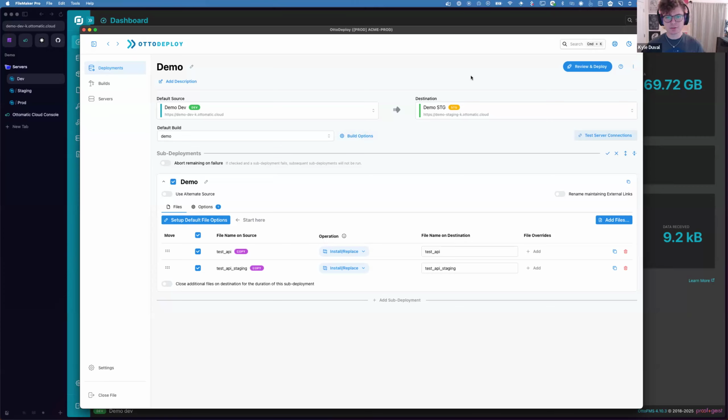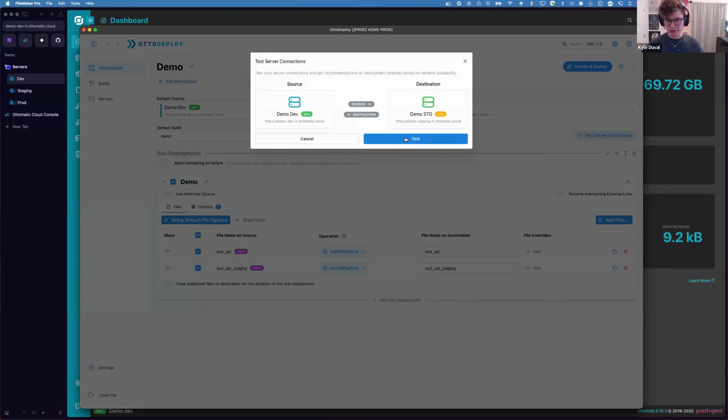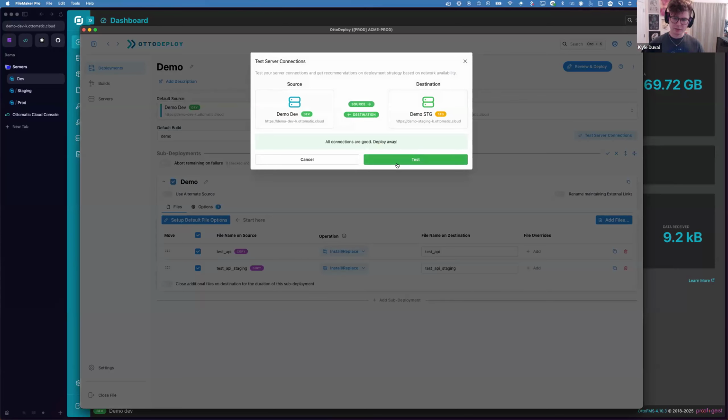We'll say that. There's also some interesting stuff in here that you can do that makes your life easier. So if you're having any connection problems between servers, you can test server connections. It's like, oh my gosh, your servers can connect to each other. One of the more common problems with AutoFMS is if your prod server is behind a firewall that your dev server can't access, then you might need to change some deployment settings so that it can all be kind of orchestrated from the prod server instead of having to communicate both directions. So there's some interesting things like that.